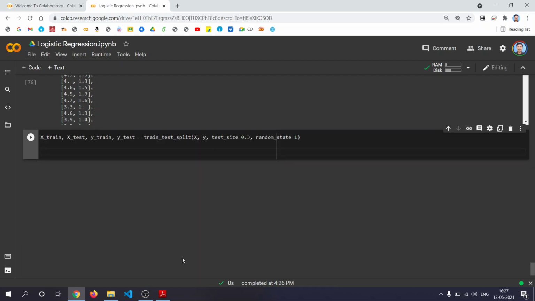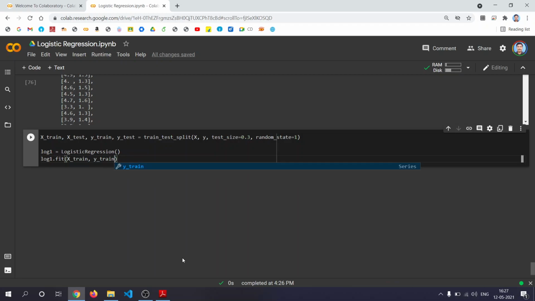So it is log1 equal to LogisticRegression. Okay, log1.fit(x_train, y_train).